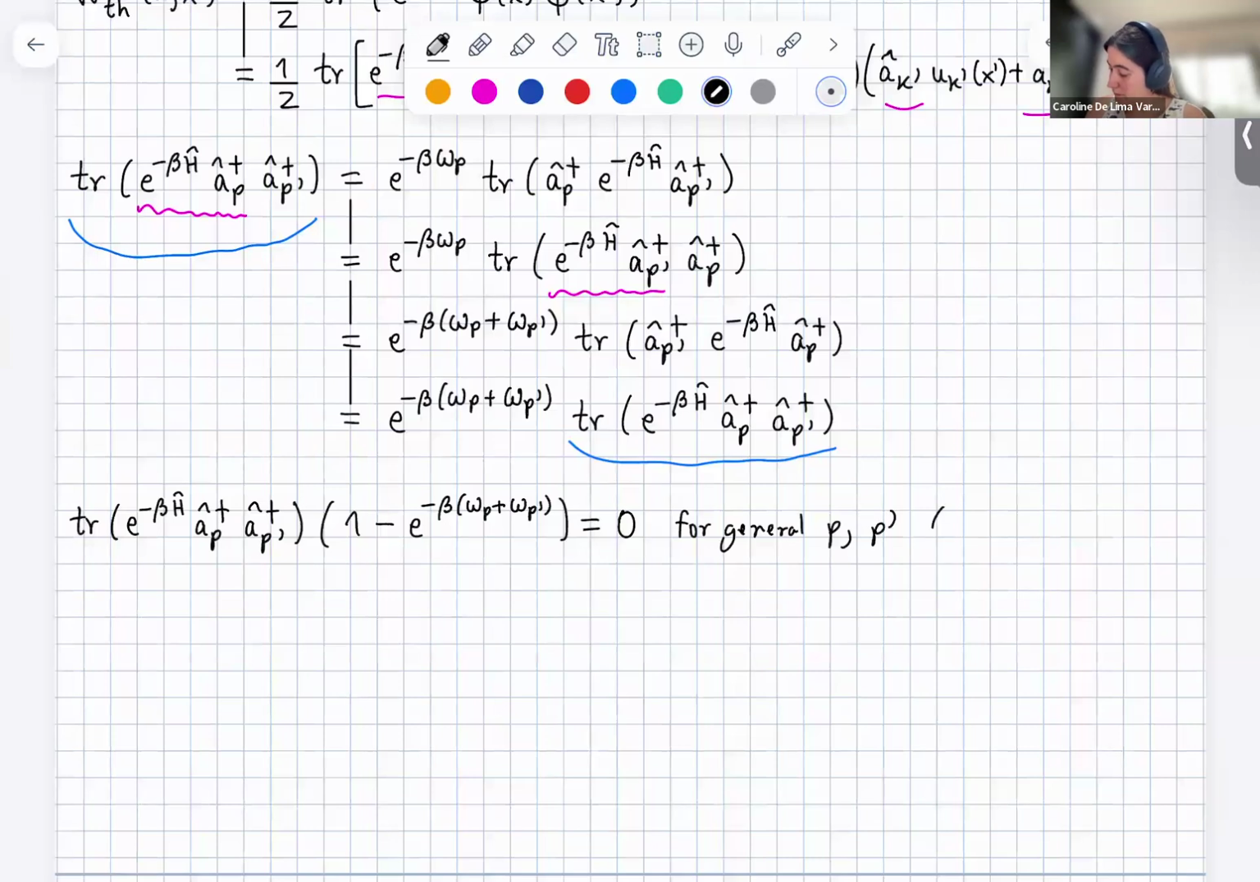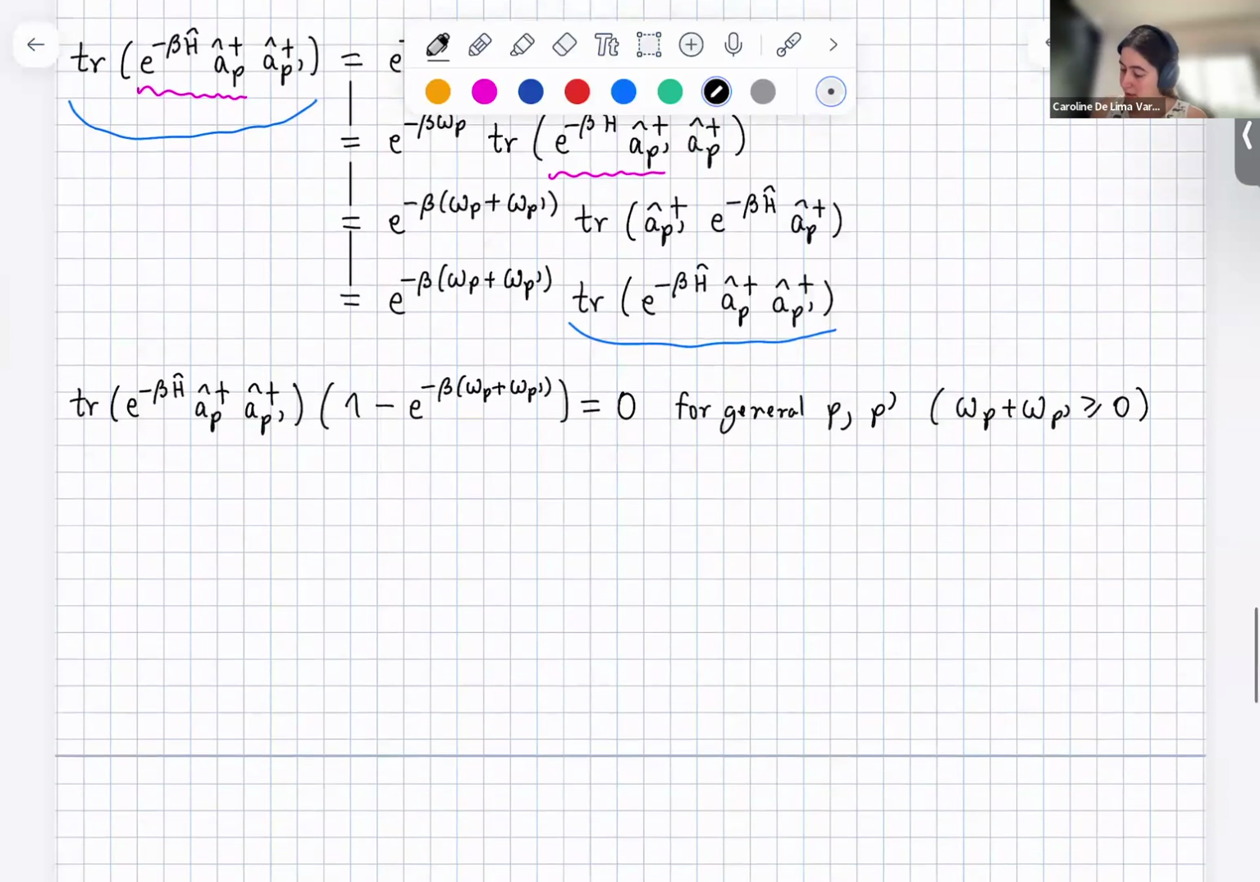And again, recall the omega_p plus omega_p' has to be equal or greater than 0. So in conclusion, we have that the trace of e to the minus beta H, a_p dagger, a_p' dagger vanishes. Okay,